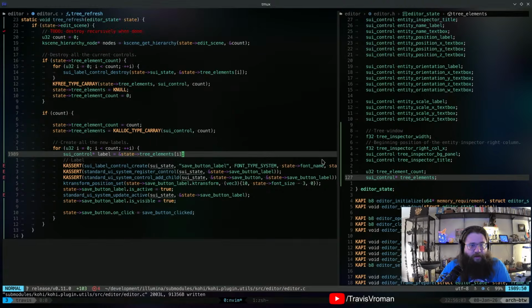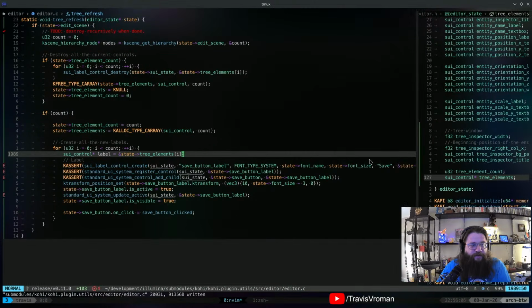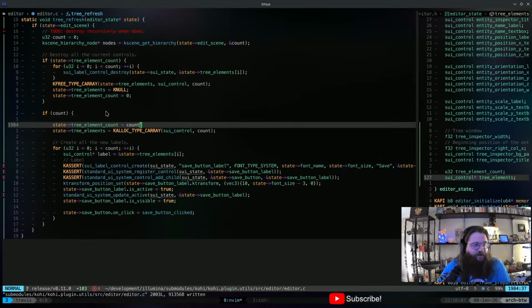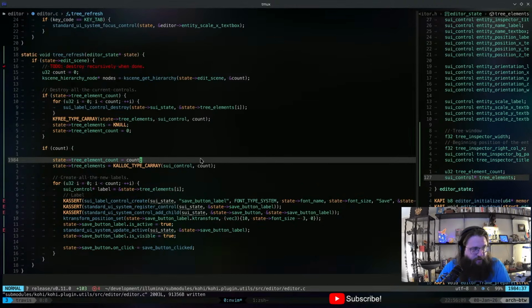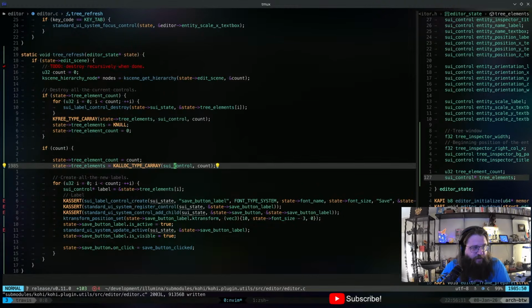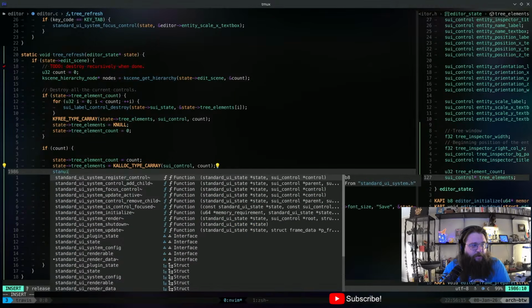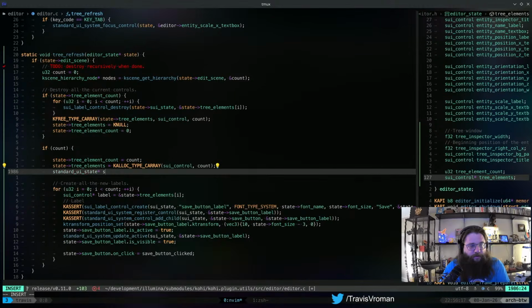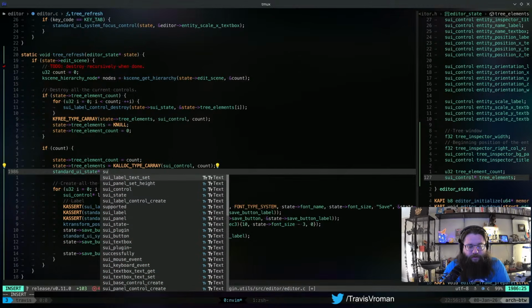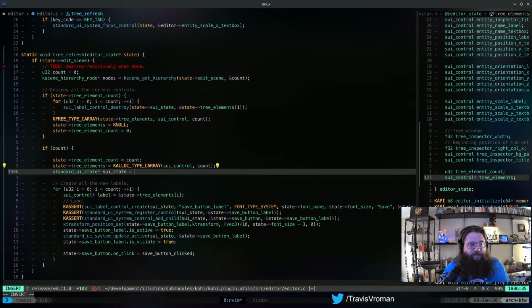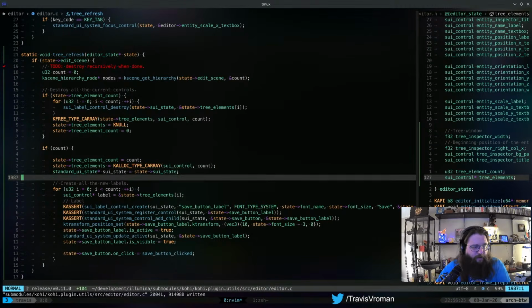Okay? And so all of these things that say SUI states, I'm actually just going to take a convenience pointer for that, so I don't have to retype all of that stuff. So I'll just do standard UI states, SUI states equals state SUI state. There we go.